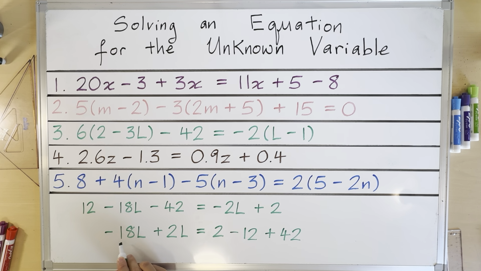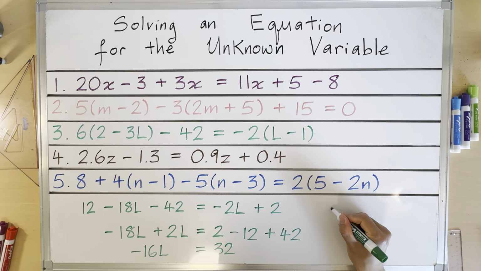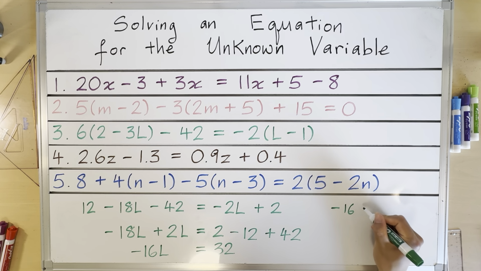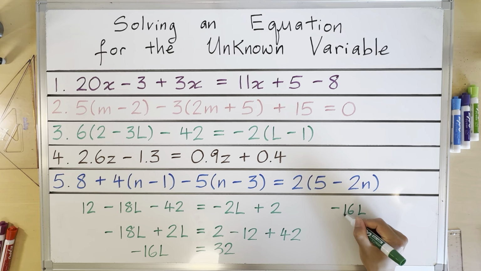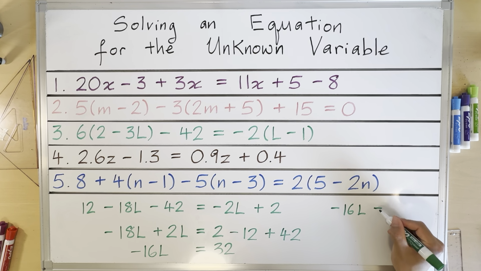Now we want to gather and combine the like terms. So negative 18L plus 2L gives us negative 16L. 2 minus 12 gives us negative 10. Negative 10 plus 42 gives us positive 32. So now we have negative 16L is equal to